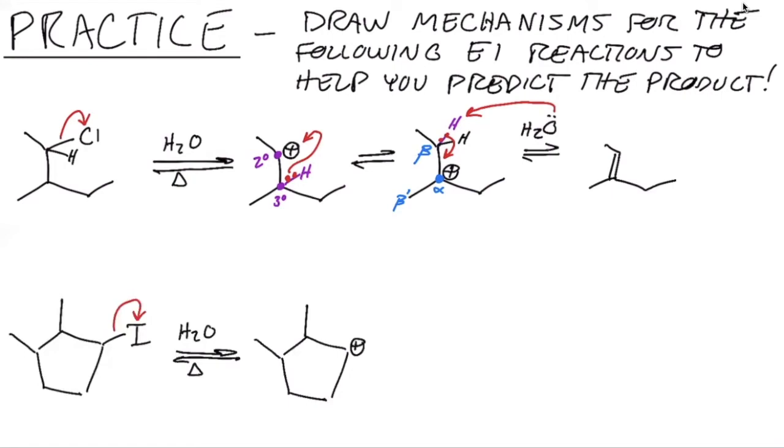Let's identify and see if we need to do any carbocation rearrangements. We're at a secondary carbocation here, but again, this is the kind of thing you want to be looking at. If you're at a secondary position, but it's next to a tertiary position, that means we have a tertiary hydrogen, and that means we need to rearrange to make a tertiary carbocation because it's going to be the most stable. So let's go ahead and do that here as well. I'm going to use, again, the electrons in the bond, not the atom, but the bond itself has to move over and attack that positive charge. And then we will get something that looks like this,